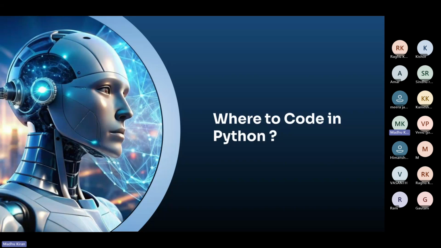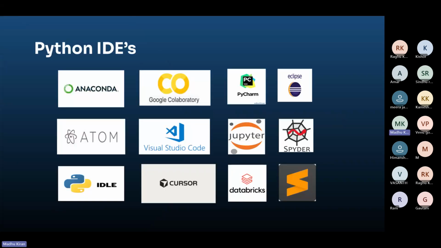If you are someone completely new to a coding environment, there is something called Python integrated development environments, where we can do the coding. There are different IDEs available, like Anaconda, PyCharm, Eclipse, Spyder. All these are IDEs where we can do Python coding.